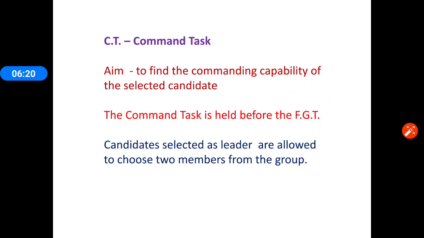Now finally, the command task. The command task is again the same as the half group task. One obstacle is presented, and again, it has those inbound and out of bound areas marked with red, white, and blue, and one person is selected as a commander. That is why it is called command task. Now he has to decide how to cross the obstacle, and in this task he is not supposed to work. He is only supposed to give the instructions.